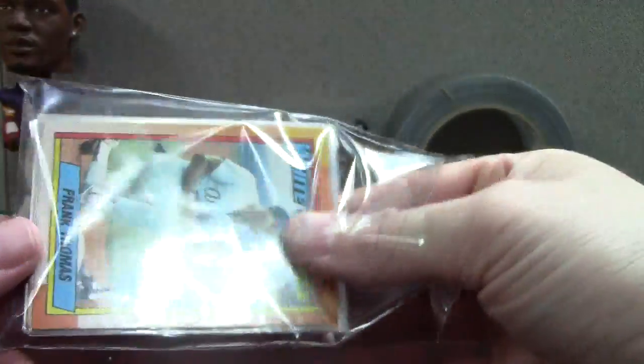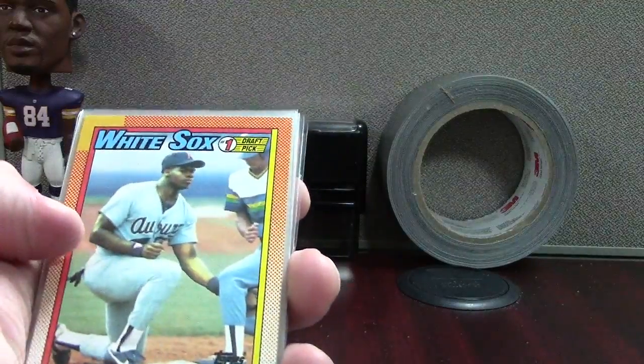Man, it baffles me when people can't protect these cards when they ship them. All you gotta do is put a hard case around the top, back, and tape around. Really not that much work, but